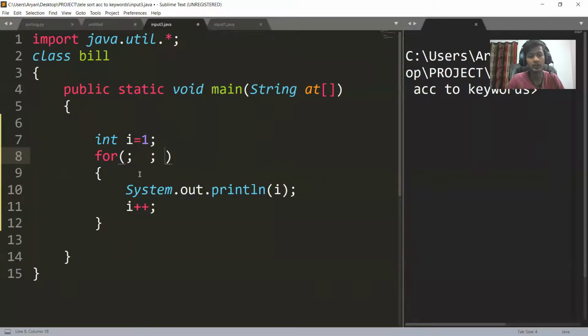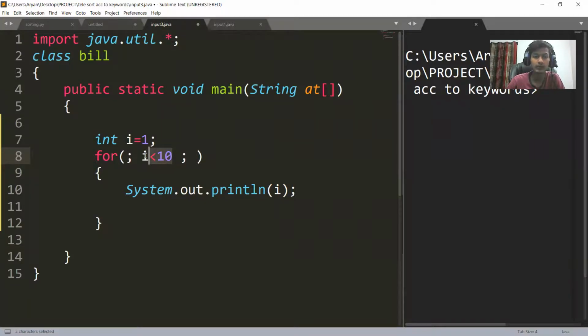In the first set of examples, I told you that you can miss the first initialization statement. In that case the for loop takes the value of i from outside the loop. In the second step, you can miss the updation statement. If you miss the updation statement, then the value of i will not update. Then what will happen in phase 2? After the first time the loop has been executed, it will go here and run the statement that is here. If no statement is present here, then it will jump to the